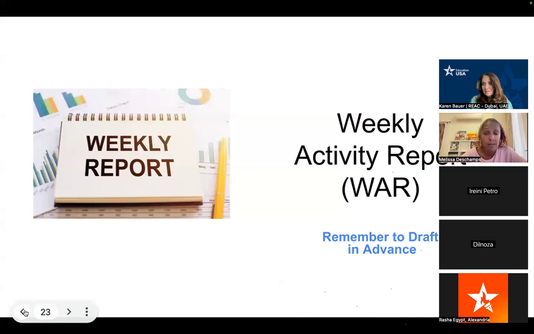So again, as you're collaborating, maybe somebody takes the lead on working on the draft, and then everybody can contribute. There is a word count limit on what actually gets submitted in the final WAR highlight, but Rosie is quite happy to pare it down. So if you have a little bit more information that she can work with, that's perfectly fine.